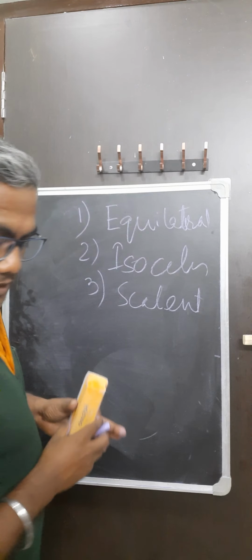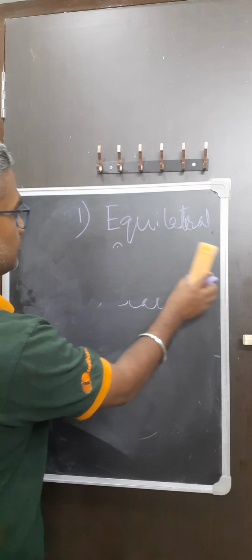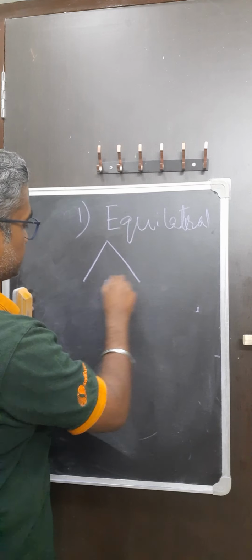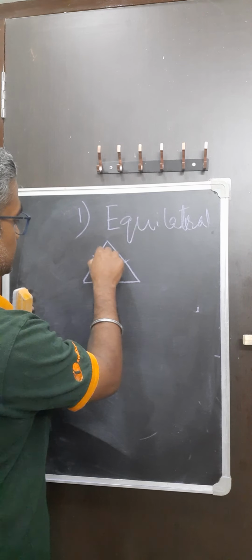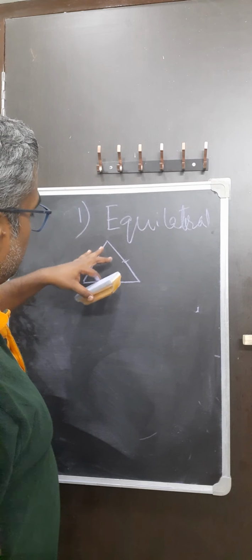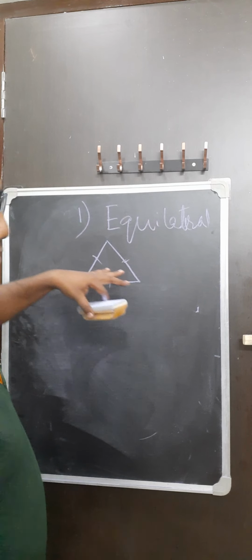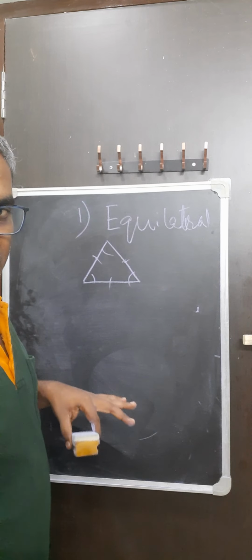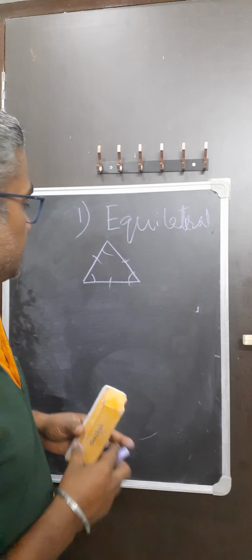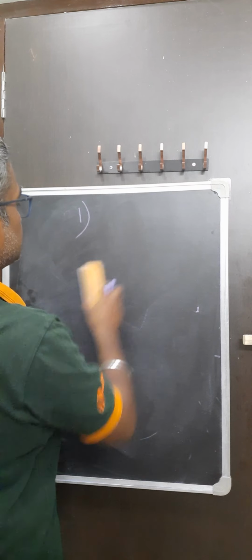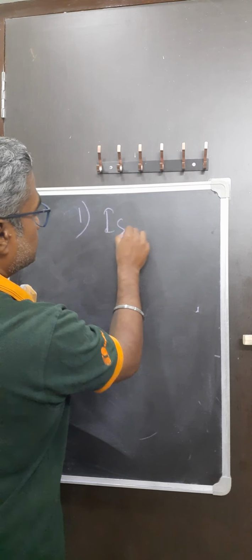So what is that? The first, if I take the equilateral triangle, in an equilateral triangle all three sides are equal. These are equal. So this is the basic definition. And if all three sides are equal, then the three angles must be equal as per the characteristic of the triangle. The first thing is that an equilateral triangle has all three sides equal. Then comes your isosceles